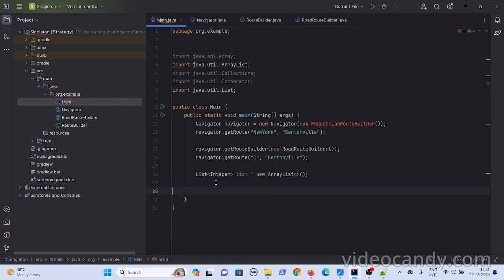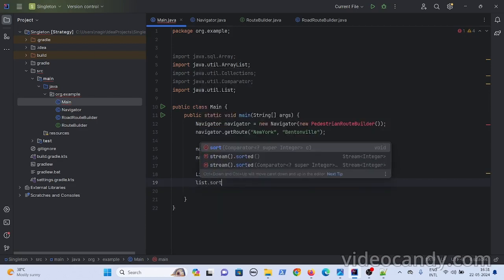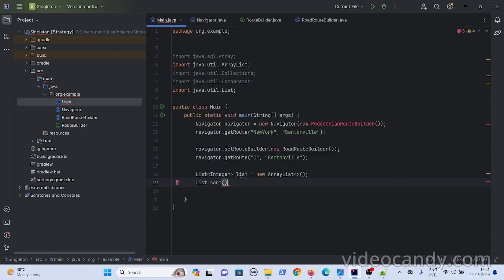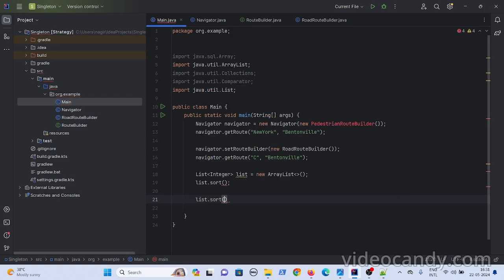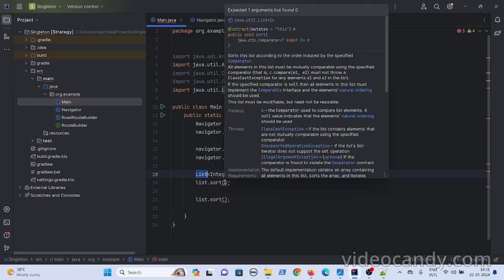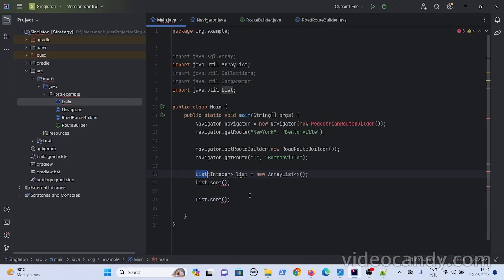Initially I want to sort this, maybe in ascending order. The first logic is ascending order, and later I want to sort the same list in descending order. So in this way, instead of putting the sorting logic in the array list class, you can have separate sorting strategies.